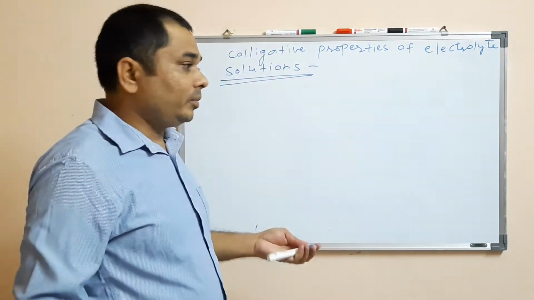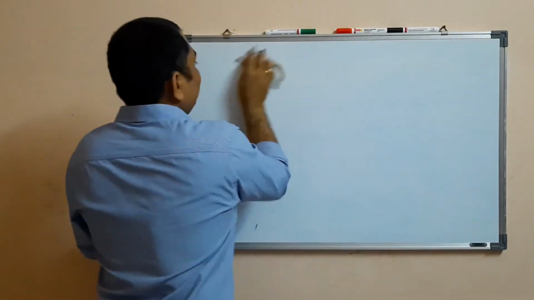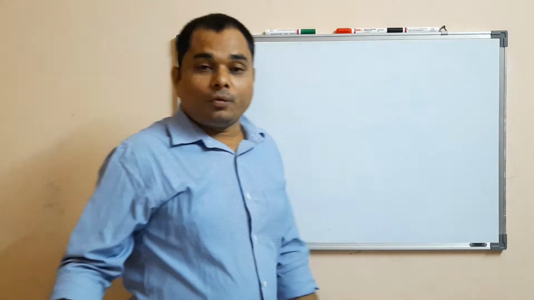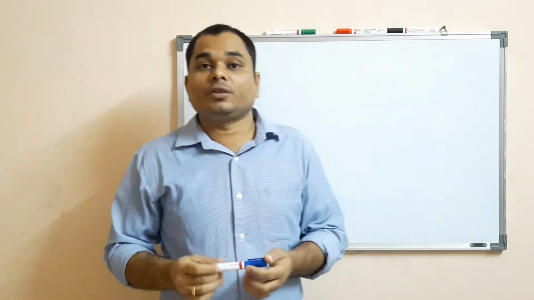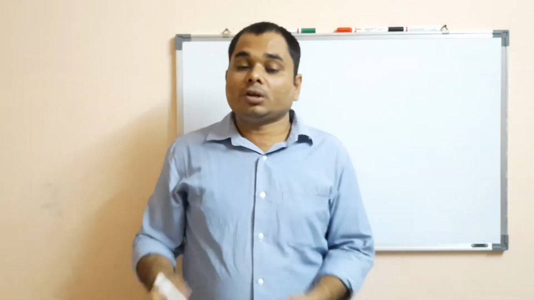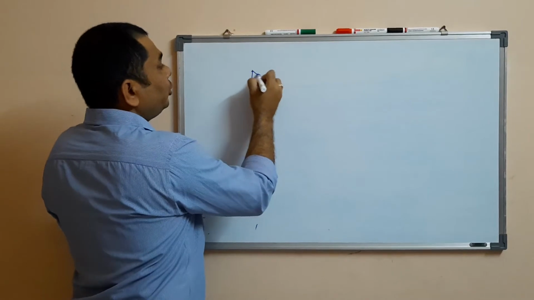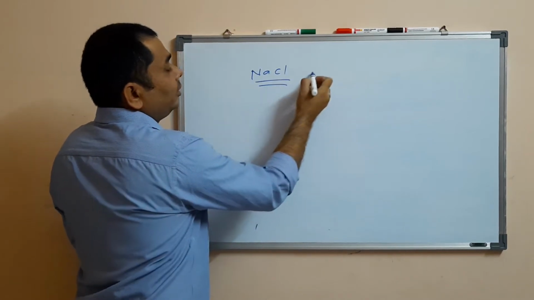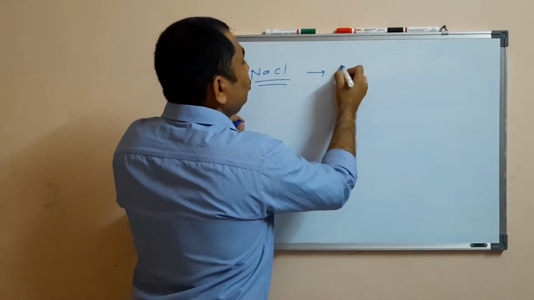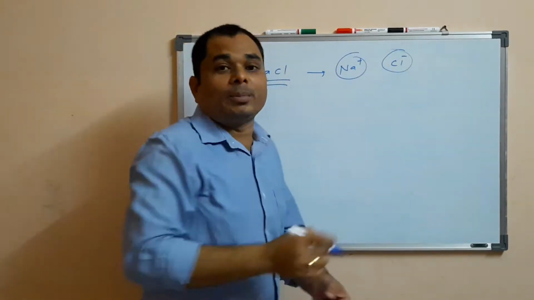Now let us see degree of dissociation and Van't-Hoff factor. How we can relate the Van't-Hoff factor and degree of dissociation. See, we are talking about the electrolytes. Now electrolytes, how do they behave? When we add electrolytes to a solvent like water, they undergo dissociation. Now if it's a strong electrolyte, मतलब salt like NaCl, ये क्या होता है? This completely undergoes dissociation into Na plus and Cl minus. इसका dissociation almost complete होता है.